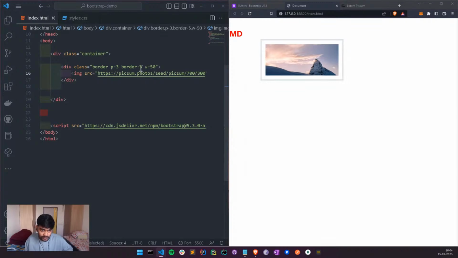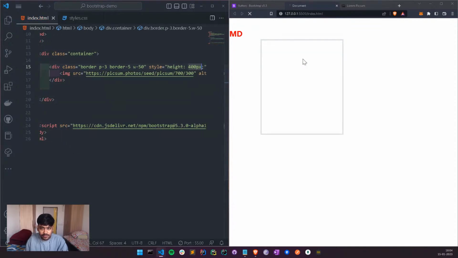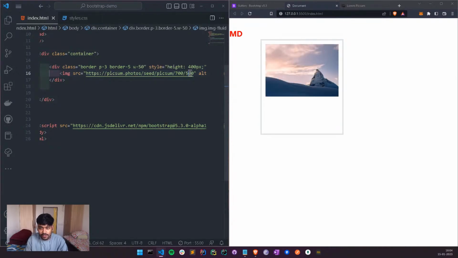Okay. So now let me make the height of the div a little bit big. Let me write like 400 pixels. Yeah, and let me increase the size of this also. Let's say 500. Yeah. So this image will automatically assume the size of this div, so it will not overflow in any sense. I can even write the height as auto, so it will wrap around the